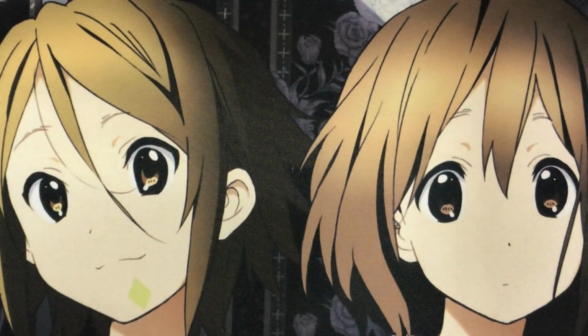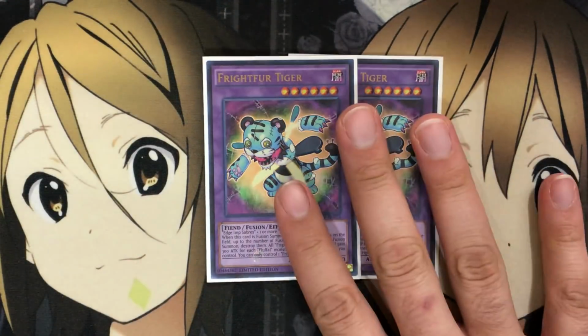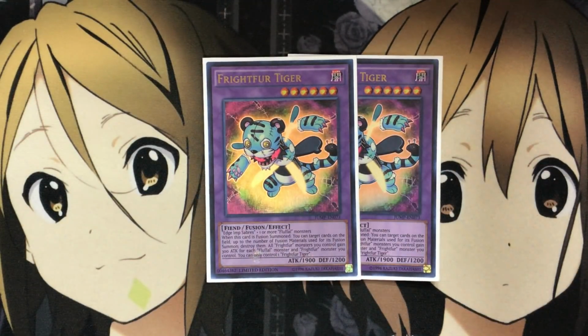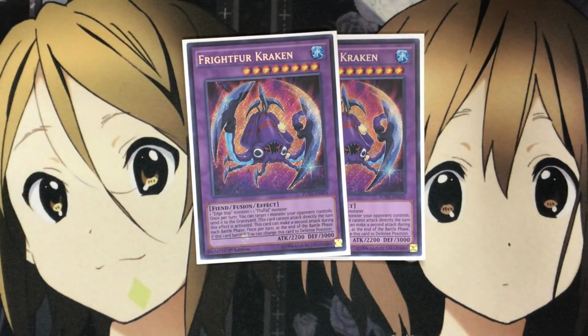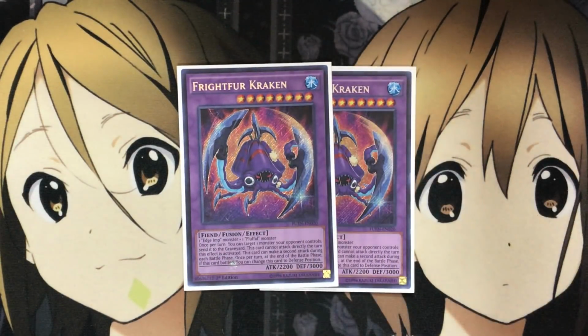For some of the older Frightfur cards, I still run the 2 Frightfur Tiger. For the destruction plays this card can do, it makes it all the scarier when you combo it with Frightfur Wolf. The same with the send power of Frightfur Kraken. Once per turn, being able to target a monster your opponent controls and send it to the graveyard gets around being destroyed by card effects, and then also just being able to switch it to defense after the second attack